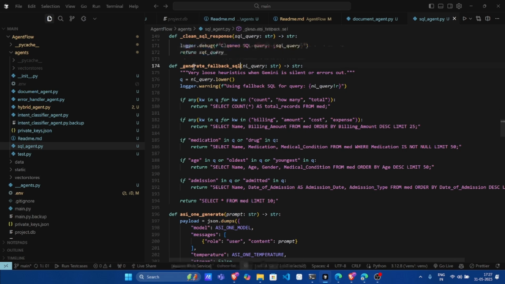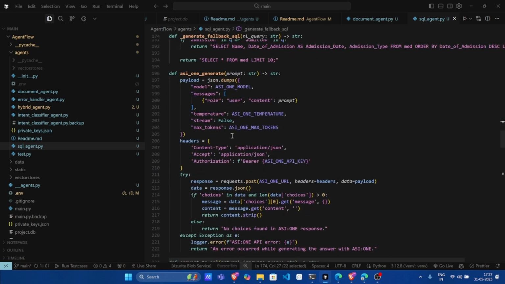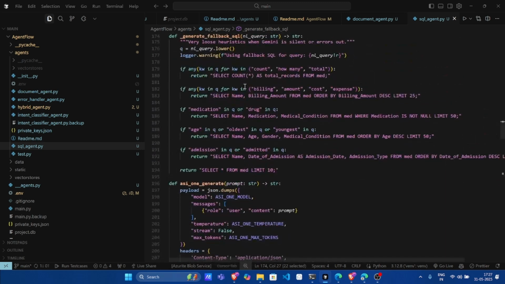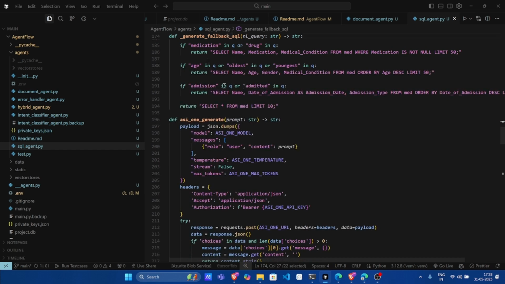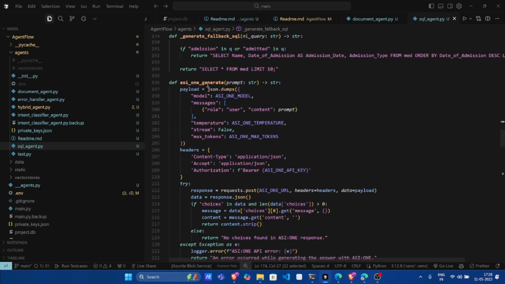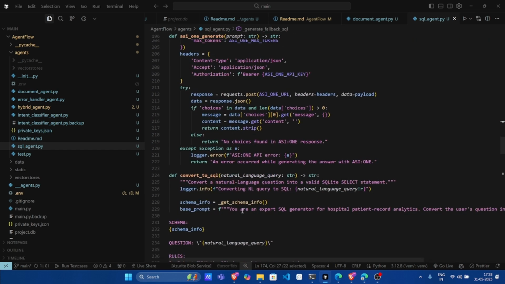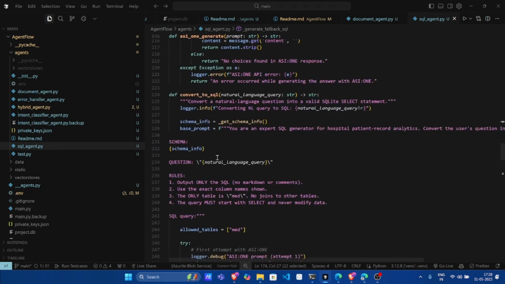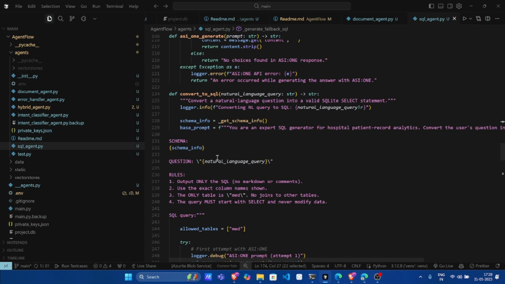Then I have this generate fallback SQL. Sometimes when it fails to generate something relevant to what the user is asking, it will manually generate something, because it's better to give something rather than giving nothing. In that case, it will handle it based on the user query. Then there is this function that generates the response from ASI1, and this convert to SQL function takes the natural language query from the intent classifier and